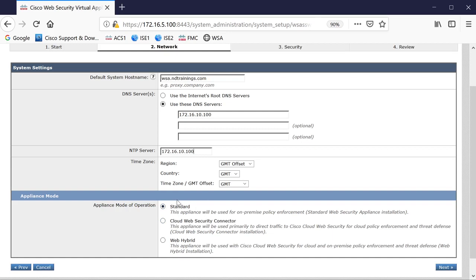or using the physical WSA itself, the physical or a logical, like in case of a VM image. There is also a web hybrid mode, in which case you will combine cloud web security solutions, so the Cisco's WSA cloud, with an on-premise policy enforcement on this particular unit. So we will go for the standard mode, which means that we only want to use this particular WSA. We will not be sending anything to the cloud. I'm going to say